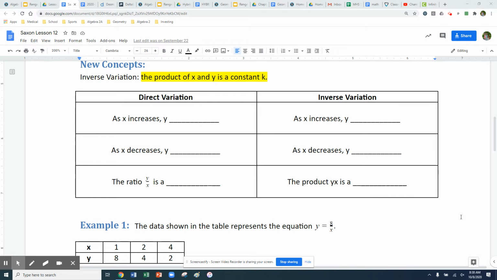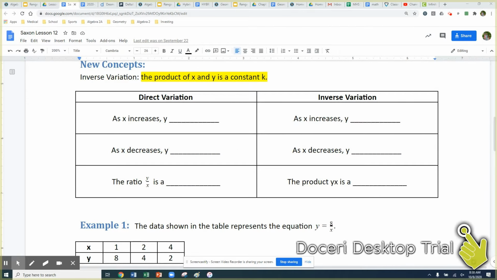All right. So we're going to talk about what inverse variation is. I'm going to use an example. Let's say that